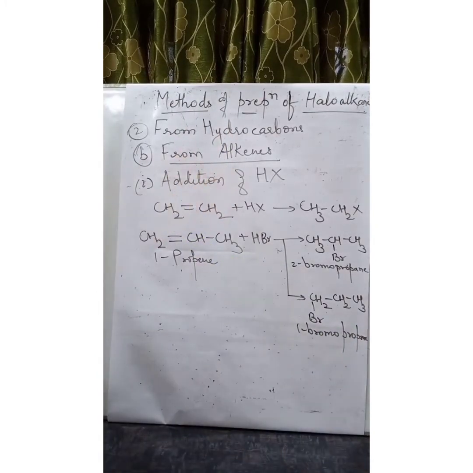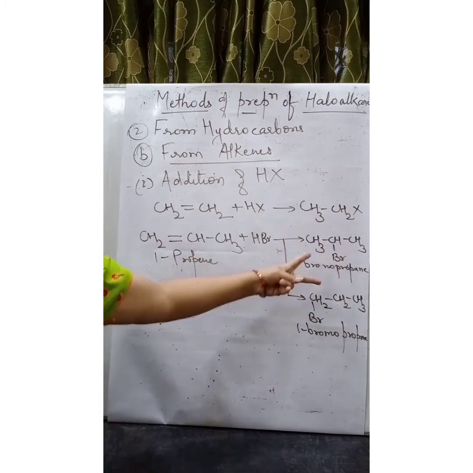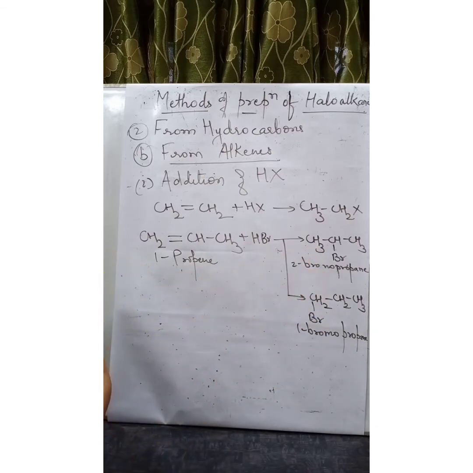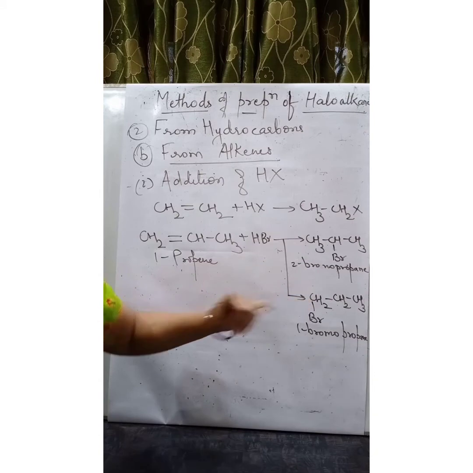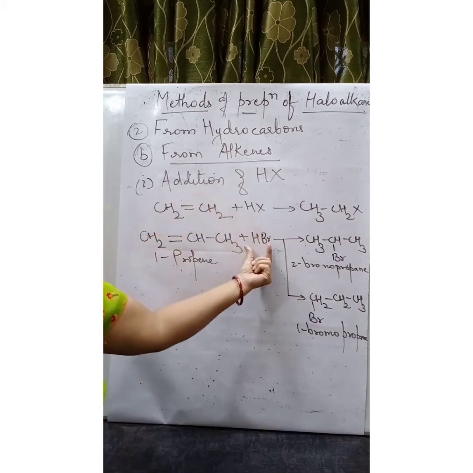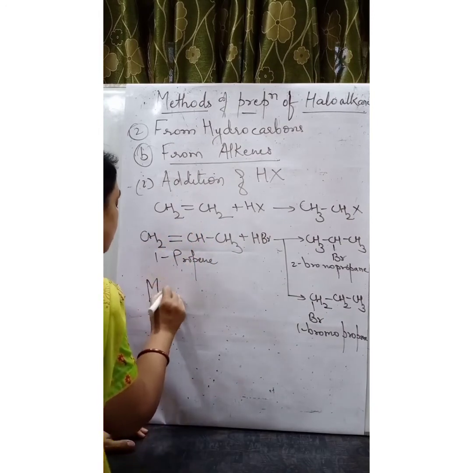Now which is the best method, or which is the product obtained in a good yield? Both these products are showing different chemical properties as well as physical properties. Now which is correct? So the addition of hydrogen halide on unsymmetrical alkene always takes place according to